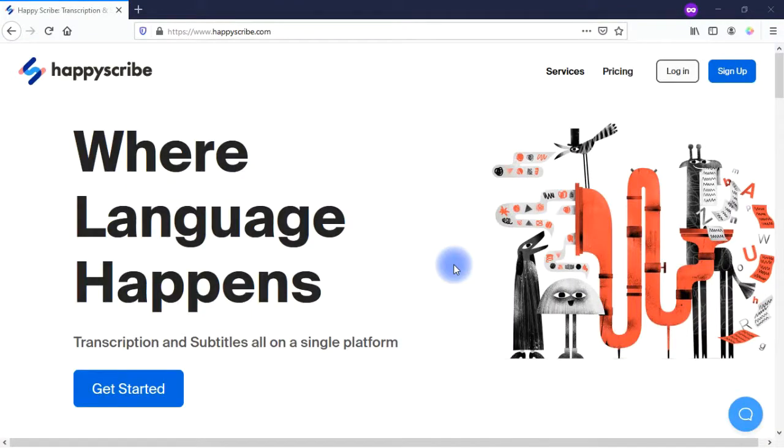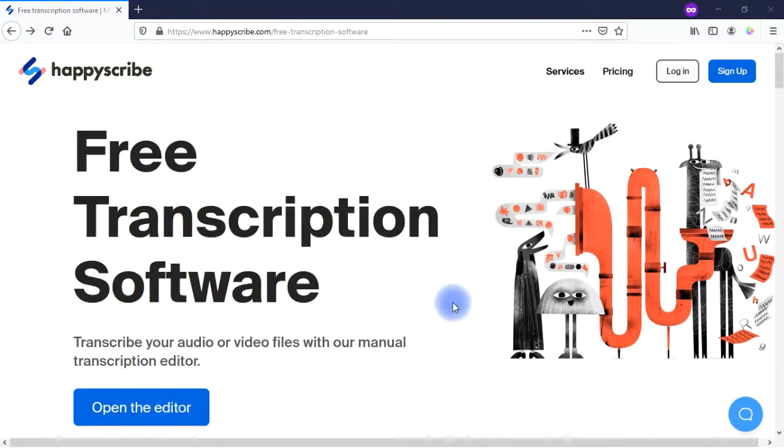So now a 2-for-1. 2 different tools brought to you by the same company, Scribe. Scribe has a free tool for transcriptions and a free tool for subtitles for your videos. So let's take a look at the free transcription software provided by Scribe. So if I scroll down here,